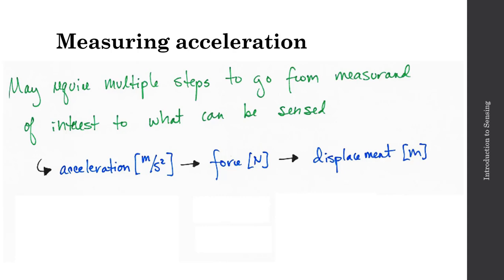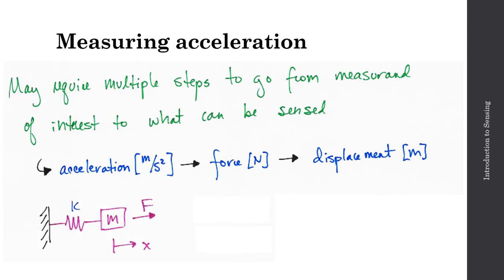So in this example, I'm going to measure displacement, but I'm actually going to calculate, based on known parameters, the acceleration, right? So the measurand of interest here is acceleration, and I'm going to back that out from my measurement of displacement. An example of a sensor design that might perform this operation